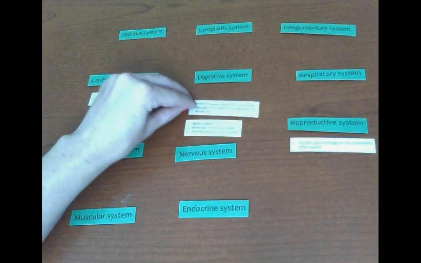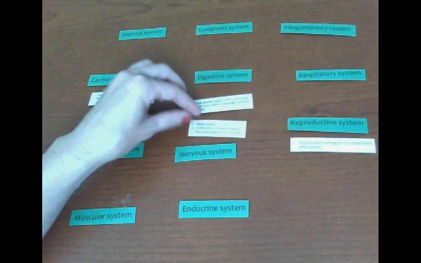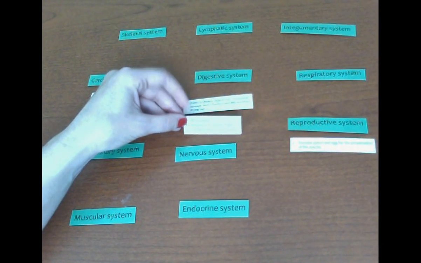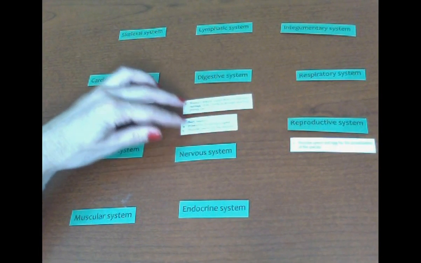And here's another one that also has the word protection in it. It says body support, protection of internal organs, and provides levers for the muscles. So both of these are protecting,